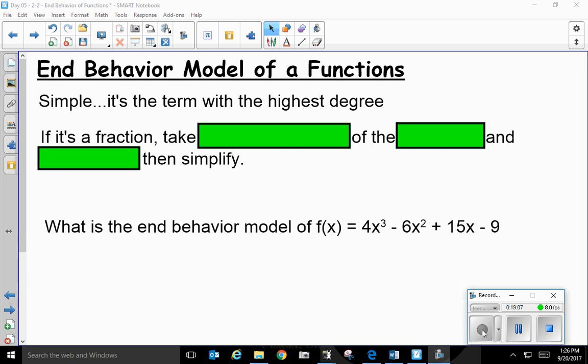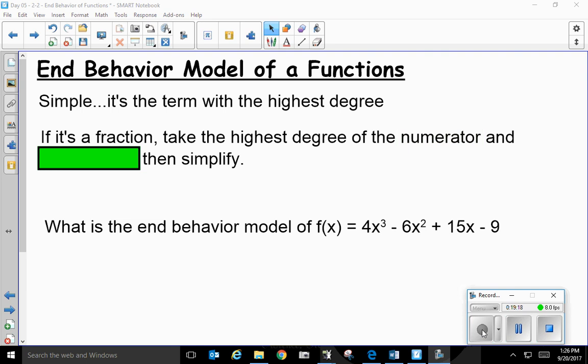Well, we'll do an example down here, but let's fill in these other blanks first. Okay? If it's a fraction, take the highest degree of the numerator and the highest degree of the denominator, then simplify. It's just like when we plug in infinity, right? Don't we keep the highest term on top, the highest term on bottom? Okay? So for example,